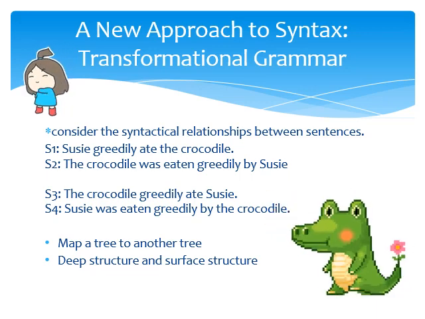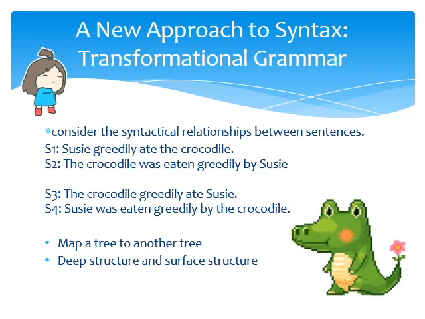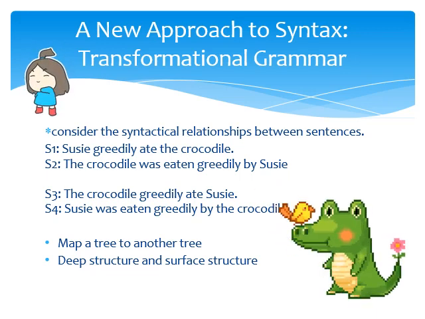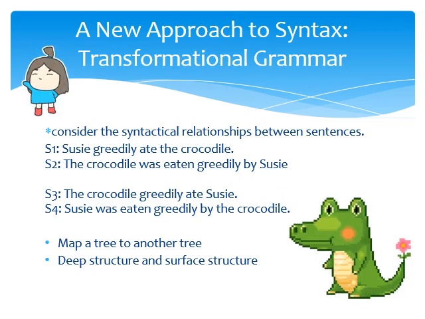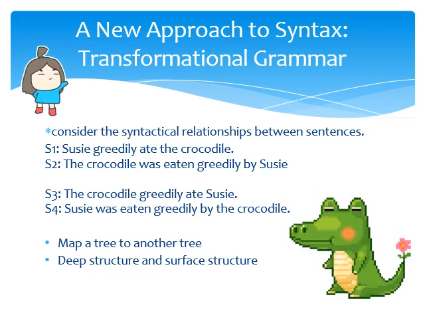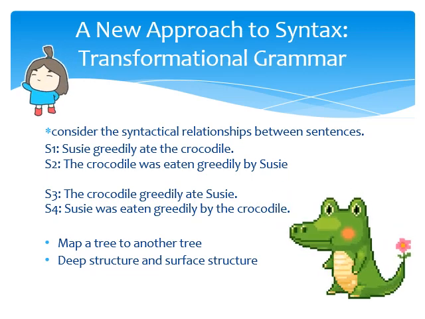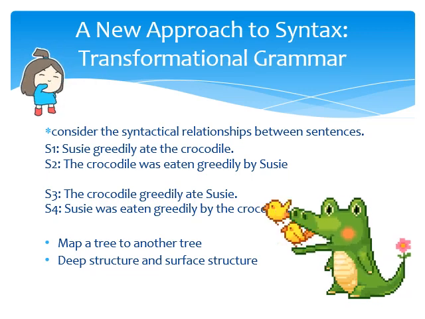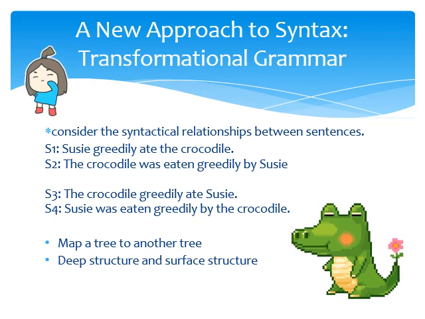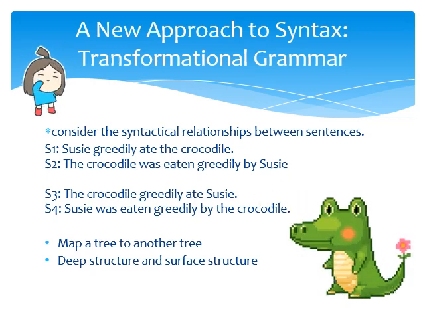No? Kung titingnan natin yung pattern natin kanina, it's like mapping a tree to another tree, no? Kapag tinignan natin, there is what we call deep structure and surface structure. Yung first and second sentence natin, almost similar ang kanilang meaning. And yung third and fourth sentence natin ay similar din yung meaning. Pero iba yung way na ito ay deliver. Susie greedily ate a crocodile. Crocodile greedily ate Susie. Ayan.